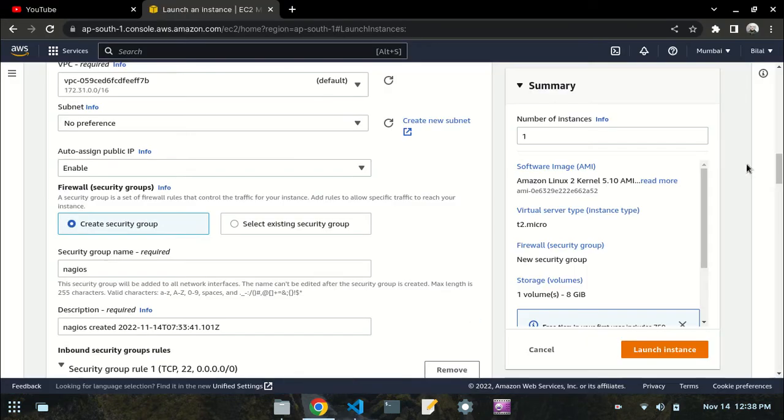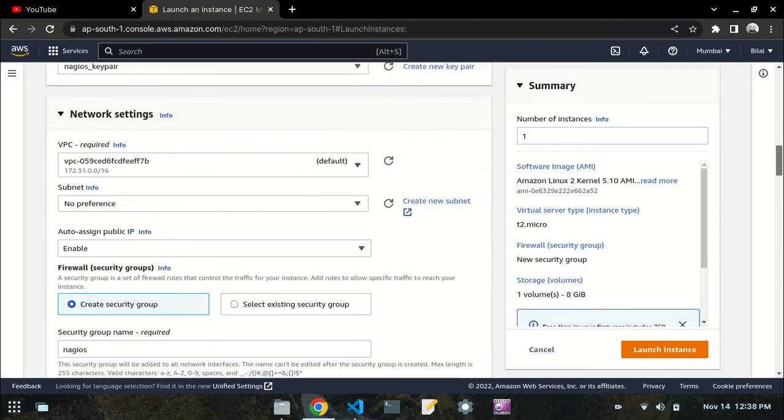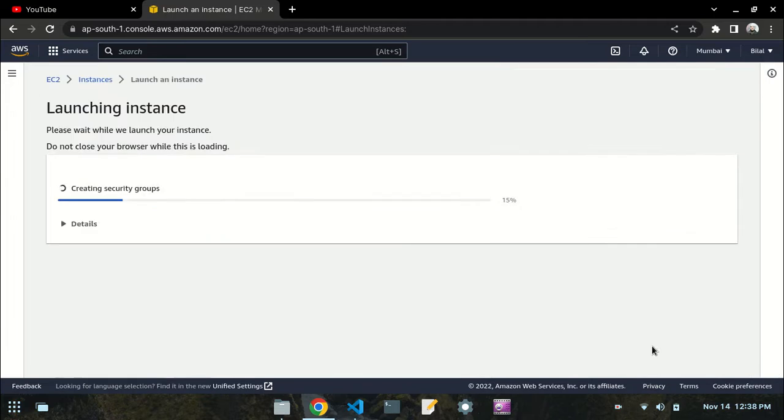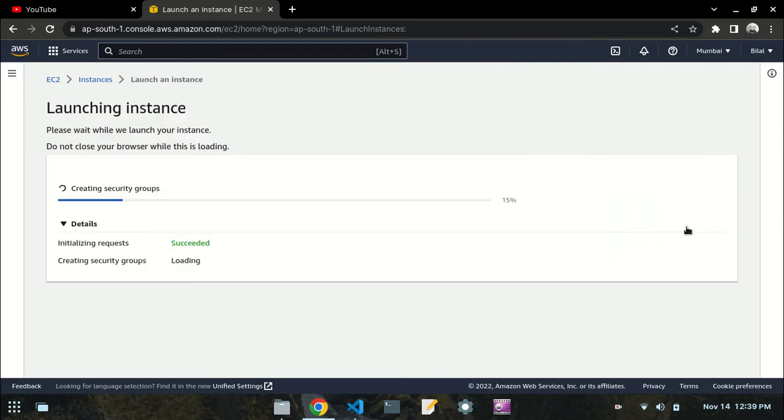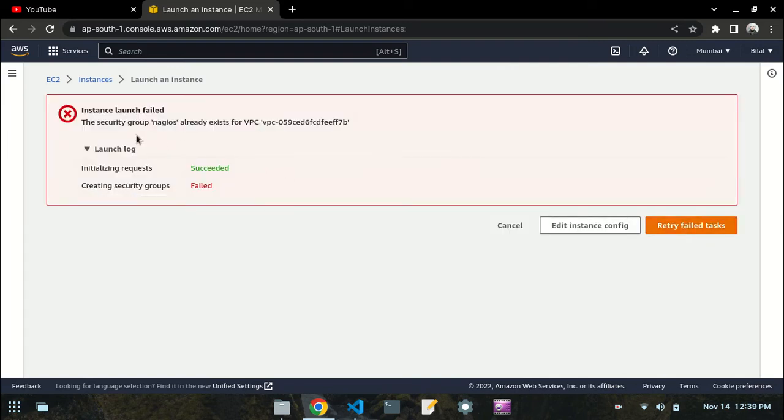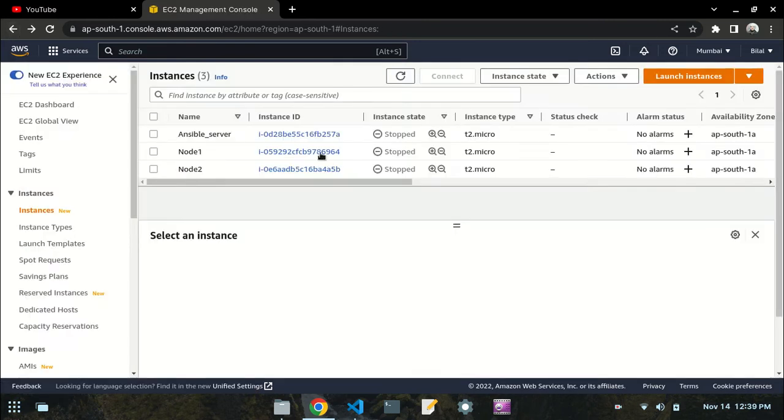Alright, so let's click on this. These are the processes that I have done. So what I need to do is click the launch instance button. Click on this, and now as you can see it is showing me that the launch instance has failed. So retry task, failed task. Alright, security group Nagios already exists. Alright, so let's go to this